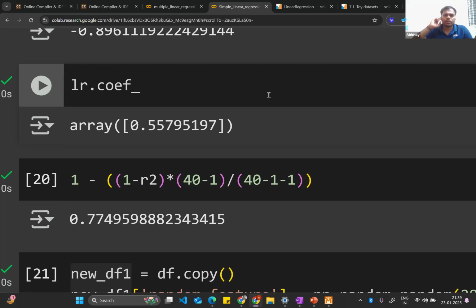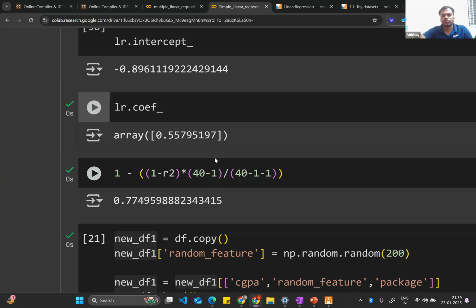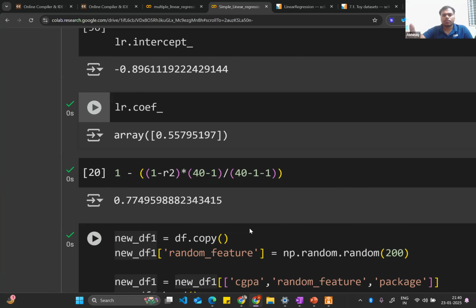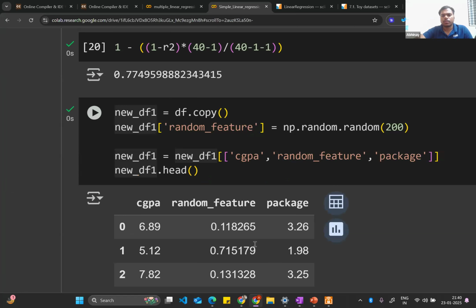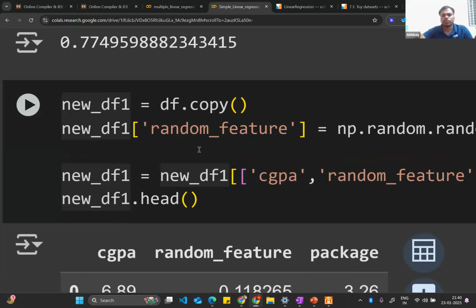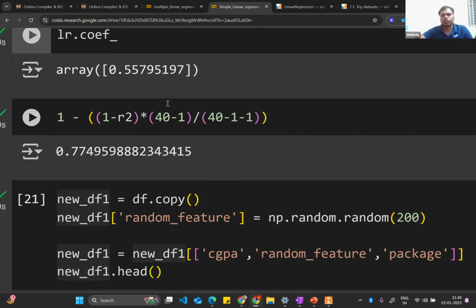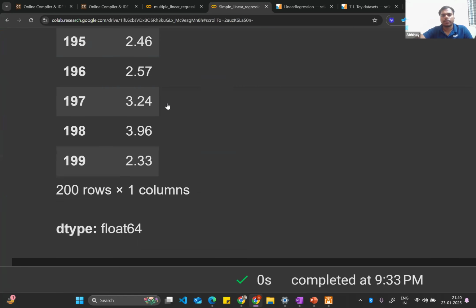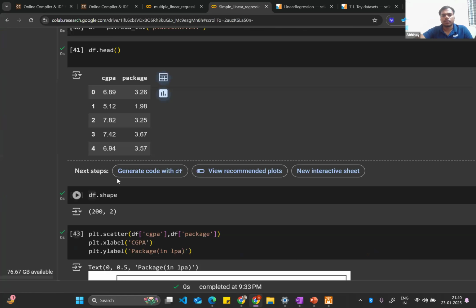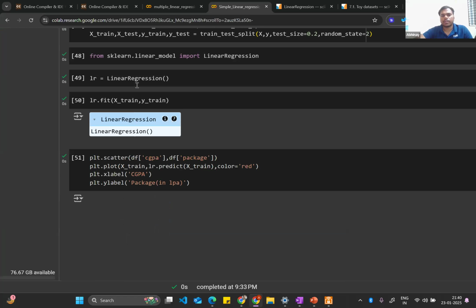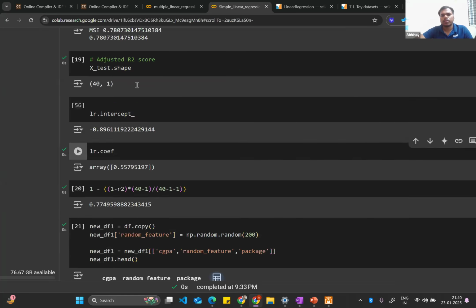So I hope it's clear now. Just telling you one more thing about what I have done over here. We have the linear data set, right? We are having two columns in this CGP package. What I did is, you can basically convert this data into your